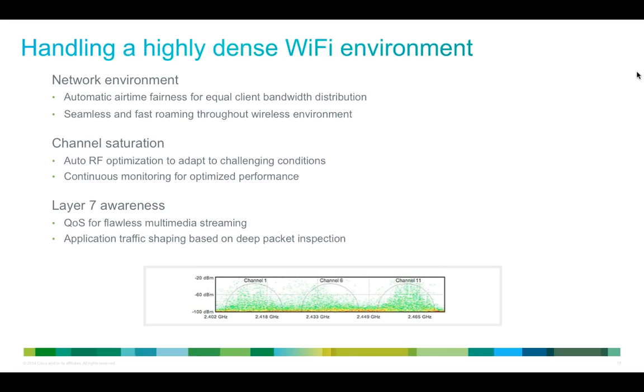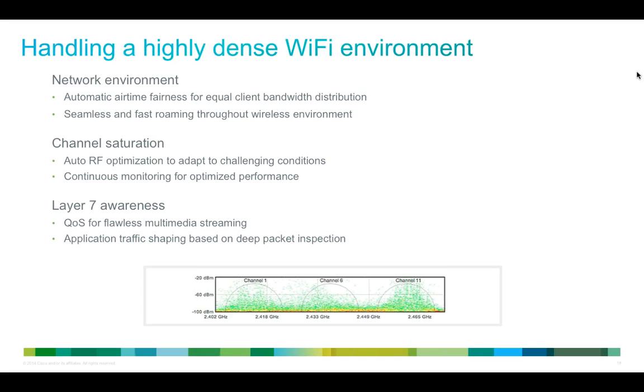Things like automatic airtime fairness for equitable bandwidth distribution, seamless and fast roaming throughout the Wi-Fi environment for those carts or for those students and teachers that are moving around the campus. And for those very highly saturated environments, of course, this brings to mind the 2.4 gigahertz Wi-Fi band, the Meraki APs have automatic RF optimization. I mentioned this is powered by the dedicated radio in the Meraki MR34,